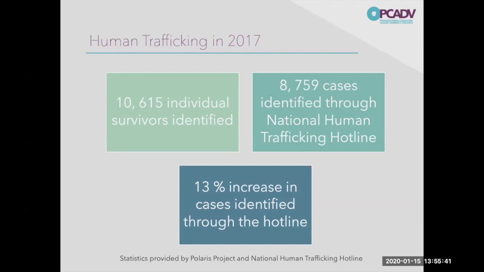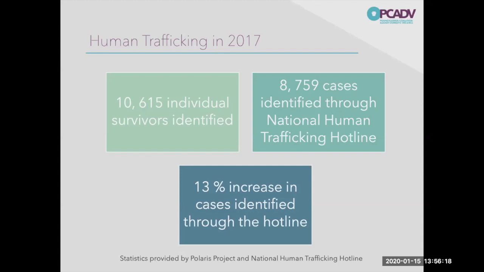But thankfully, Polaris Project has done the hard work of compiling statistics based on what they're finding. We also oftentimes base statistics on vulnerability. So we'll talk a little bit more about risk factors in a minute. And if you are doing local human trafficking awareness and you're being asked repeatedly, well, what are the statistics? What does this look like in our area? Some of these areas of vulnerability are where we can look to say whether our community is at risk for human trafficking. And the answer is always yes. So that's something that you can use.